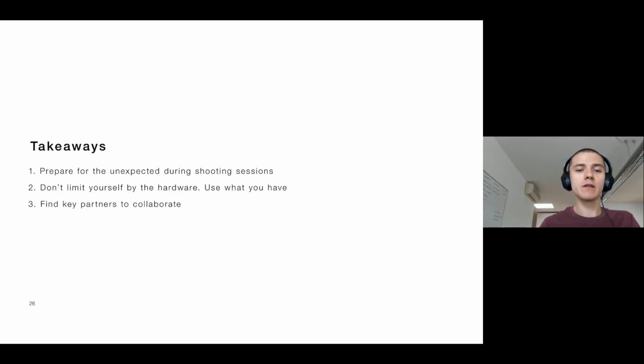And third, find key partners to collaborate. Not everyone knows how to do everything. With photogrammetry, there are multiple steps to get to the final 3D model ready to be delivered to